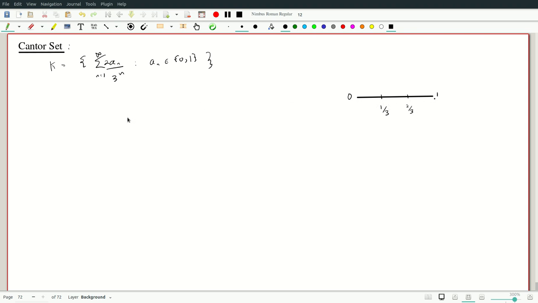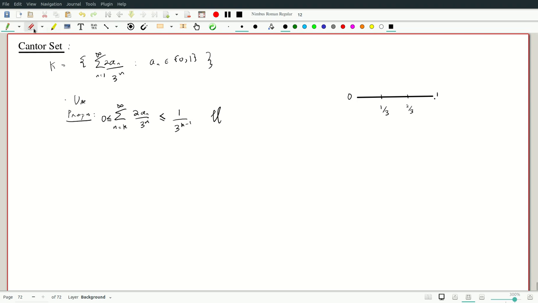Okay, and a whole bunch of things are based on some simple inequality. We use throughout the following proposition, which is just summing a geometric series. We want to say this is between 0 and 1, but more generally, if I look at the sum from n equals k to infinity of 2a_n by 3 to the n, so the terms from k onwards, then 0 is less than or equal to this, which is less than or equal to, well, if k was 1, this is 1. In general, it's 1 over 3 to the power of k minus 1,